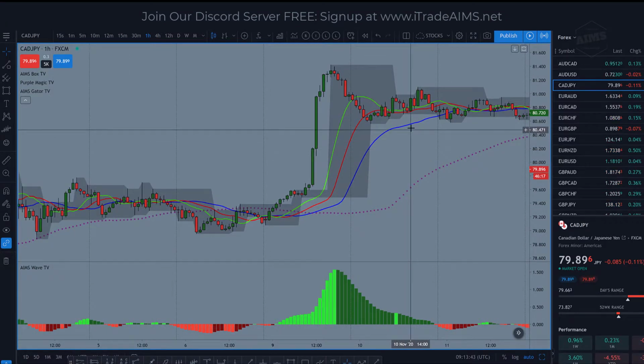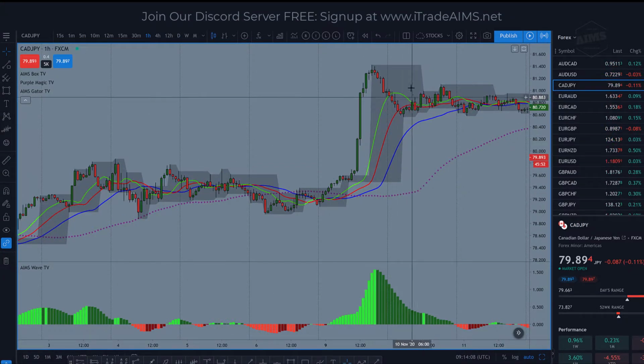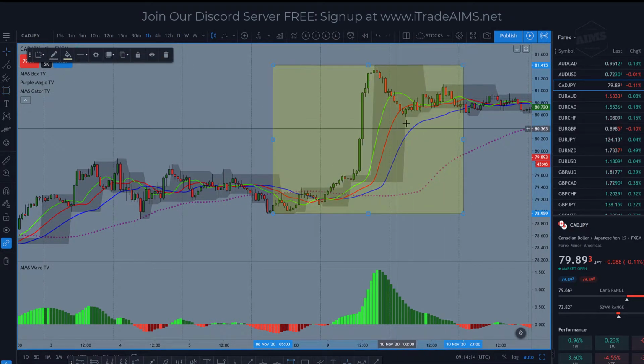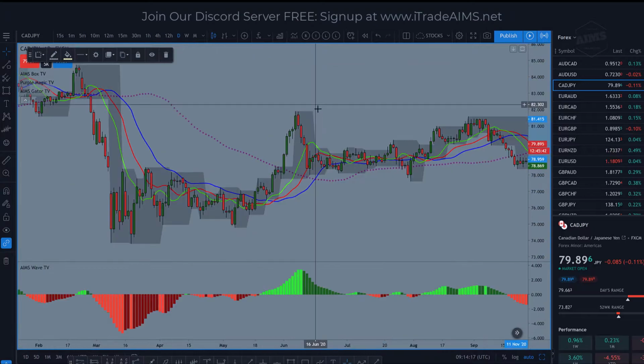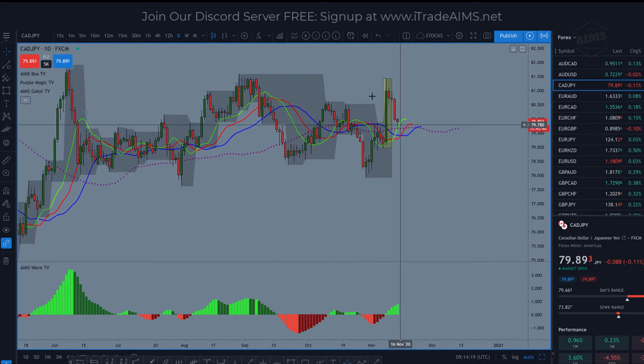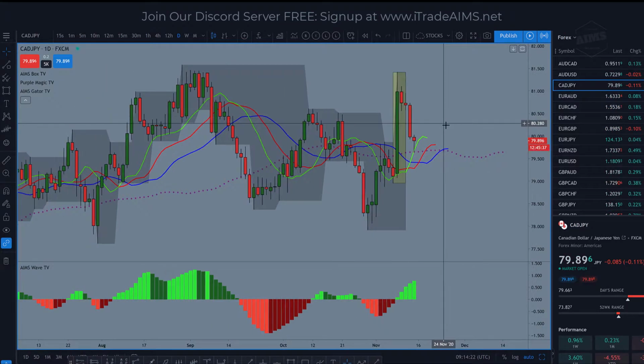So this is a B trap. As you can see, there's no fresh cross. So a B trap after a very strong move like this is very imminent. So you have to be careful, when there's a very strong move, price peels away from the Gator, makes a new peak, and then it goes sideways. And specifically, when you have this chart, let's mark it, you have something like this happening. It's very strong, but it's inside a sideways market. Then in most cases, it just loses that